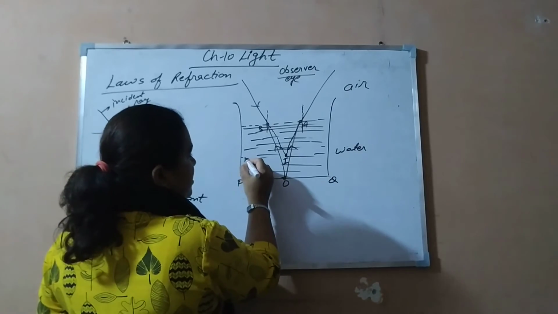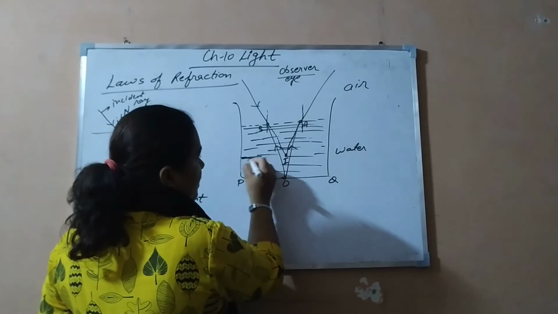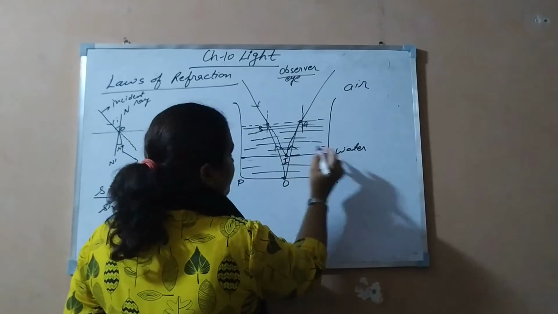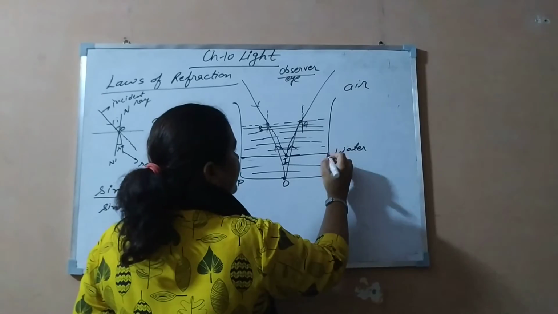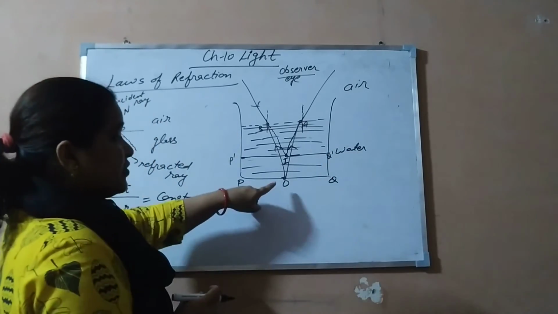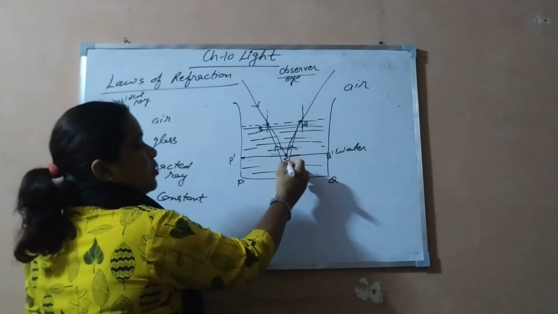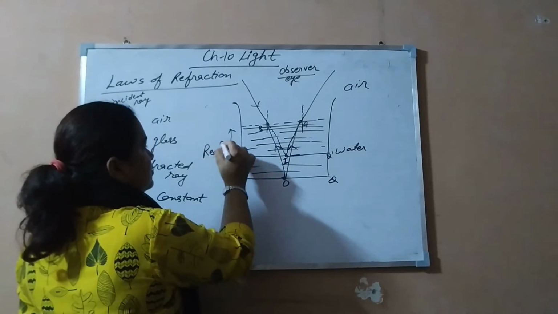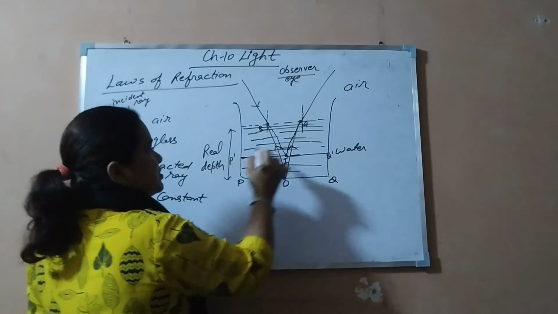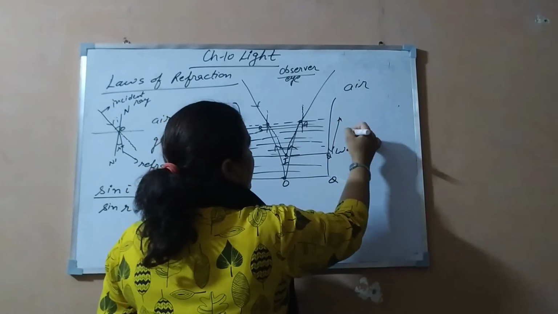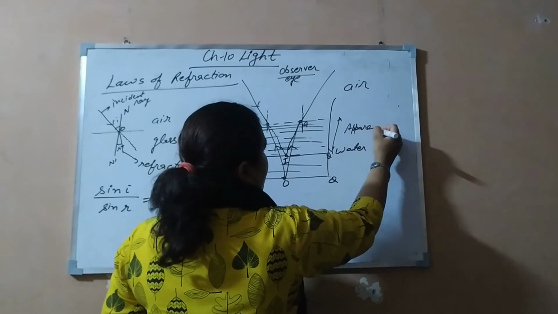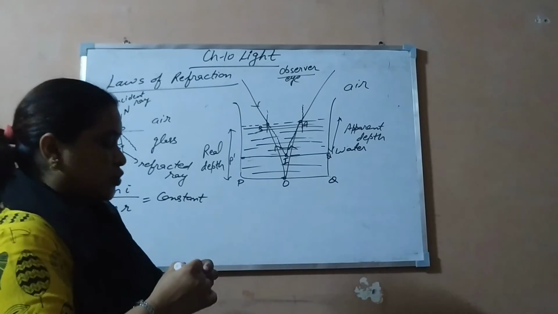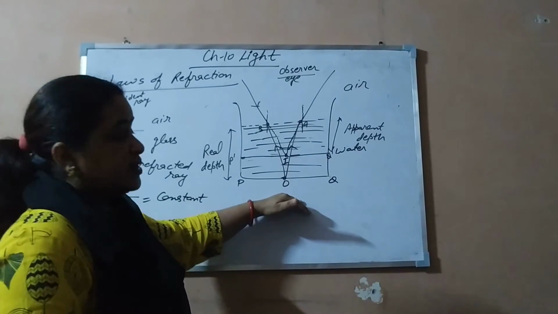So let us take this level, which appears to us. Let us take this as P dash, I and Q dash. So instead of this O position, where the observer is observing, this is called the real depth, or this is called the apparent depth. What does it mean? This example is given in your NCERT also, that the pool appears less deep than it actually